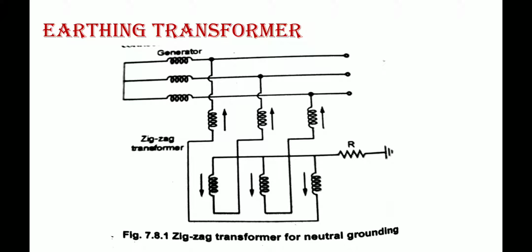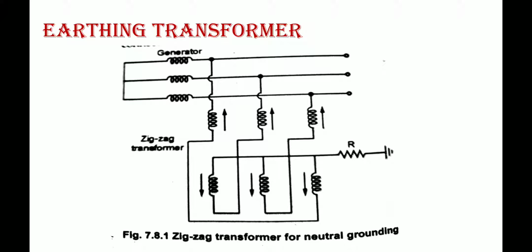Keep it in mind, this kind of transformer is used for providing a path to an ungrounded system. Ungrounded system means the neutral point is not connected to the ground itself. In that case, we can use this kind of earthing transformer, or when the system neutral is not available. In a delta connected system there is no neutral point, so the grounding transformer provides a low impedance path to the neutral, and it also limits the transient overvoltages during the earth fault or ground fault which occurs in the system.